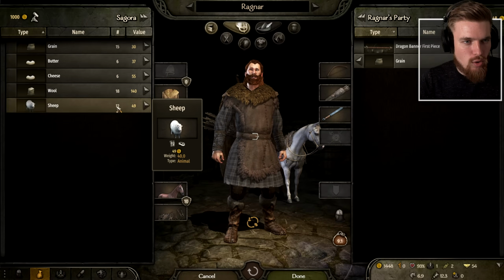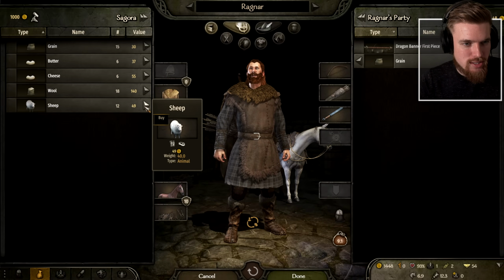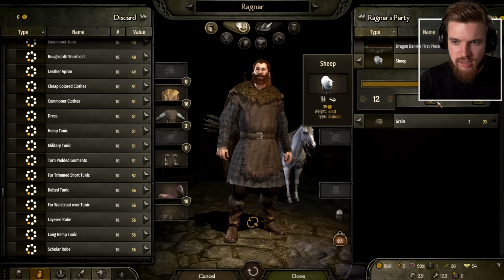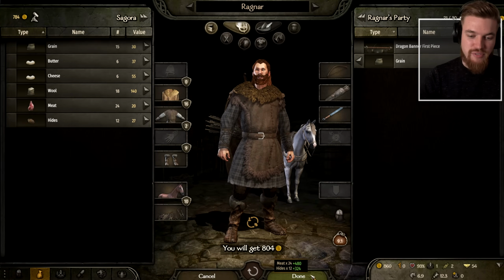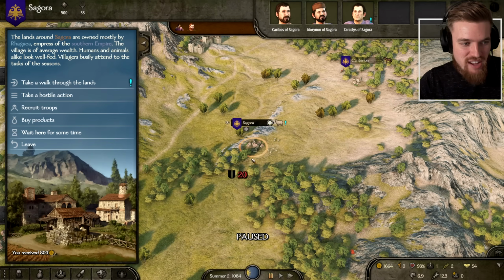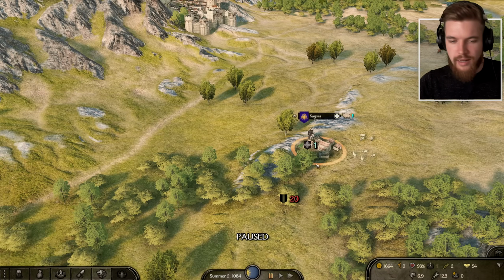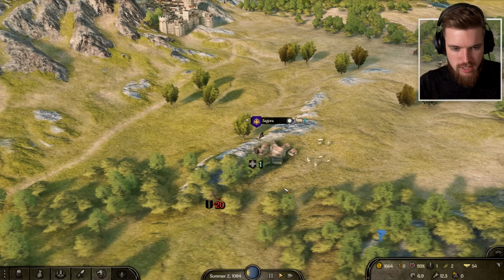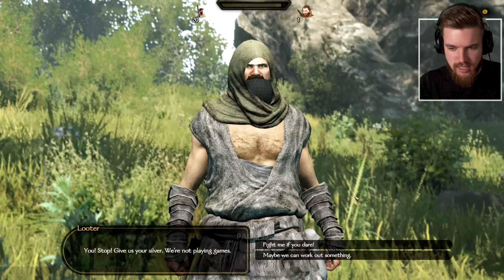We can buy all 12 of their sheep to slaughter, so let's go ahead and do that. We pay 588, then we slaughter them all, and then we get 804 gold back. Very good way of making some quick money. Also, nearby the village is actually an army of 20 looters. So we're actually going to go and attack these guys because there's a very useful...